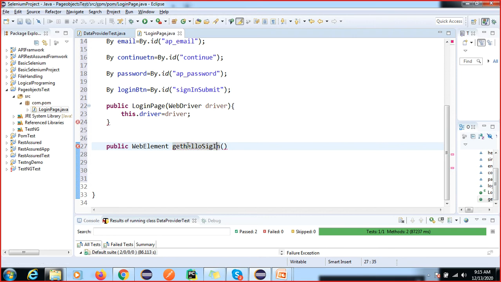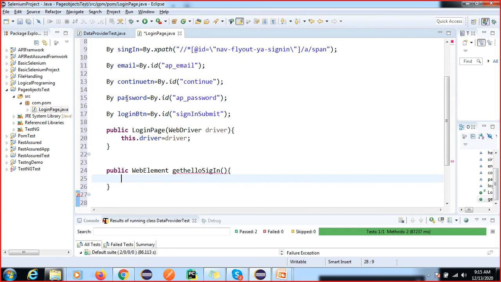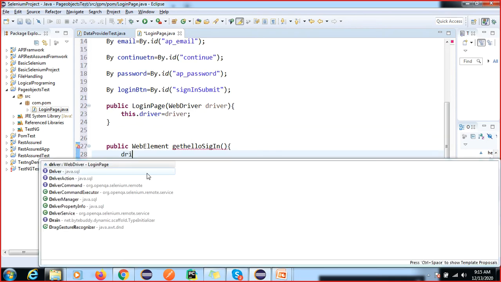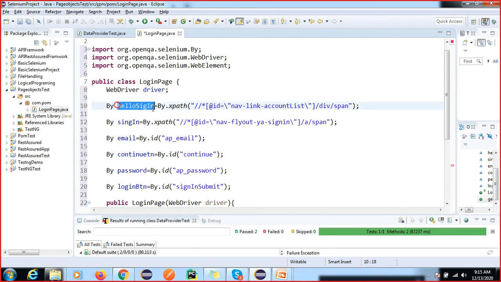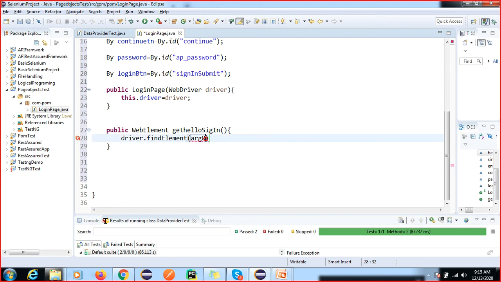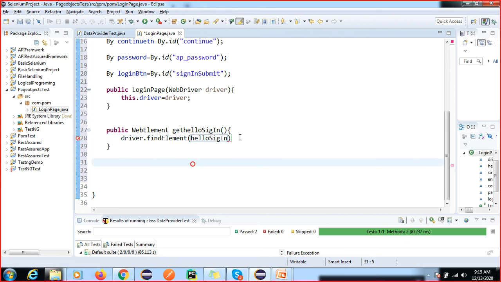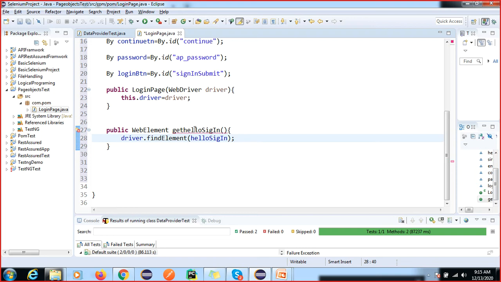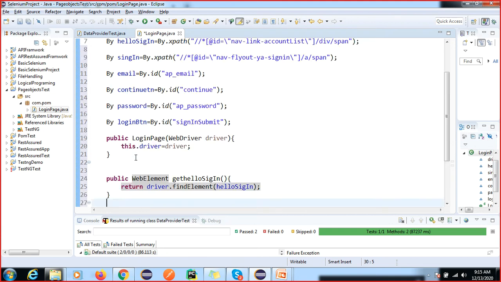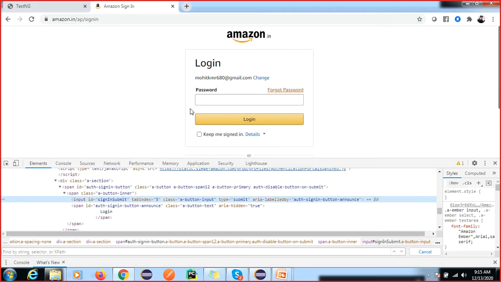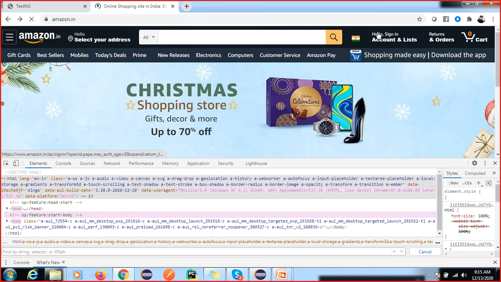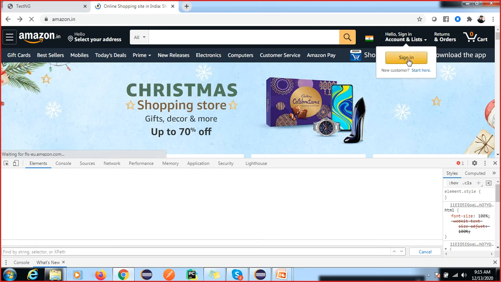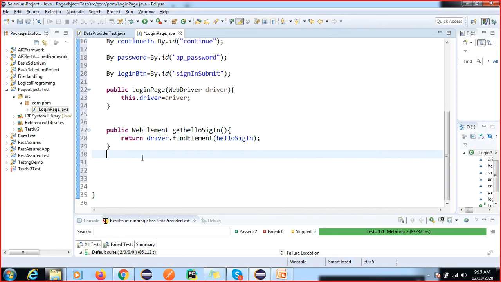So now, because we have to use all these things, we can write driver dot find element. Why have I given this return type? Because we have to perform the operation for mouse over, right? So you have to store the element using the web element. So now this is one. And what are the next steps? You can create this page object model as per the validation. Next, we have to click on the sign in, so here you have to perform the click operation.